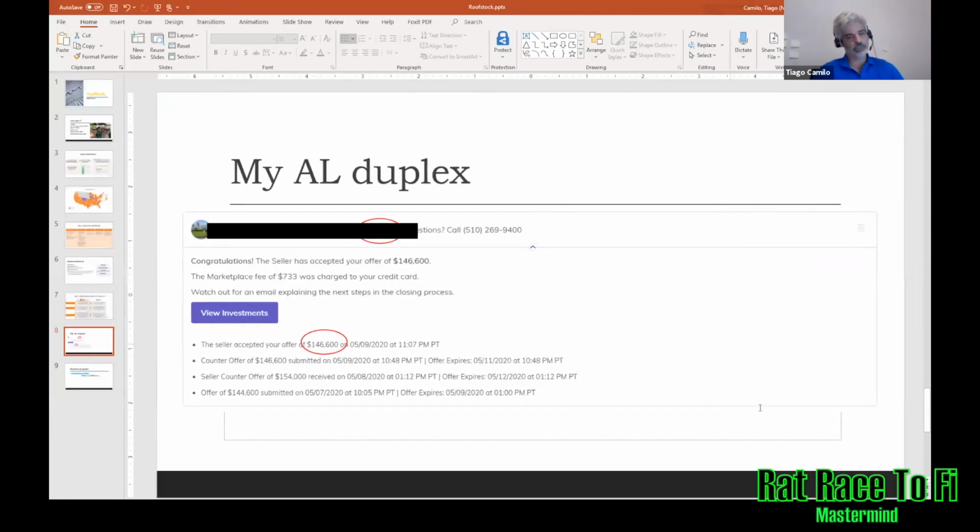I can tell you that I did offer very low numbers on 3 properties where the seller didn't accept my offer, which is okay. You need to deal with it. But my duplex, and I'm showing here very transparently, was, as you can see here, listed at 170, right? And at night, and this is specific hours, so I did my offer in this case at